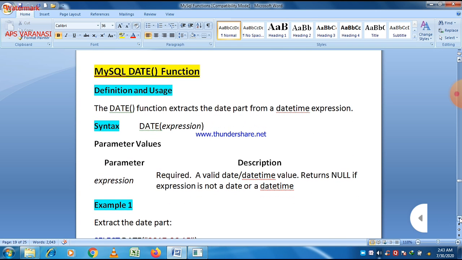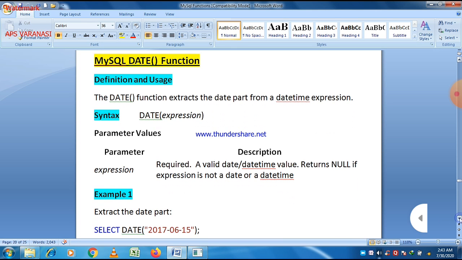The DATE function, as the name says, extracts the date part of a date time expression. So if we pass a date as a parameter value within the DATE function, then it returns us a date. When we give a date in the form of year, month, and date, then it returns only the date, or we can say that it extracts the date part.